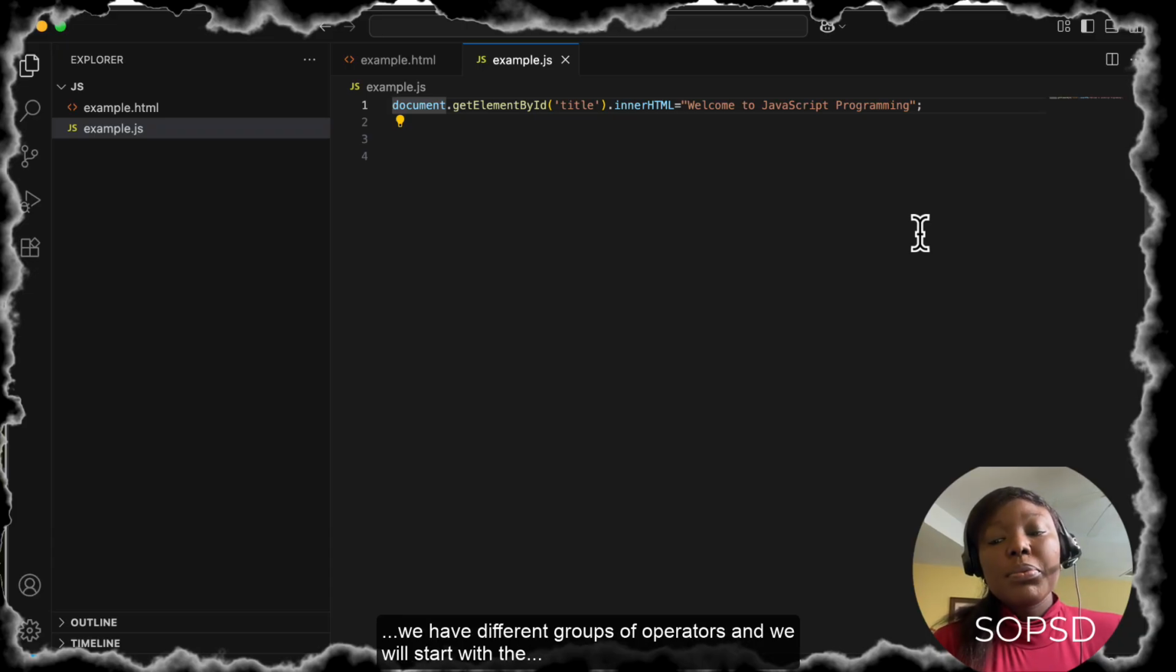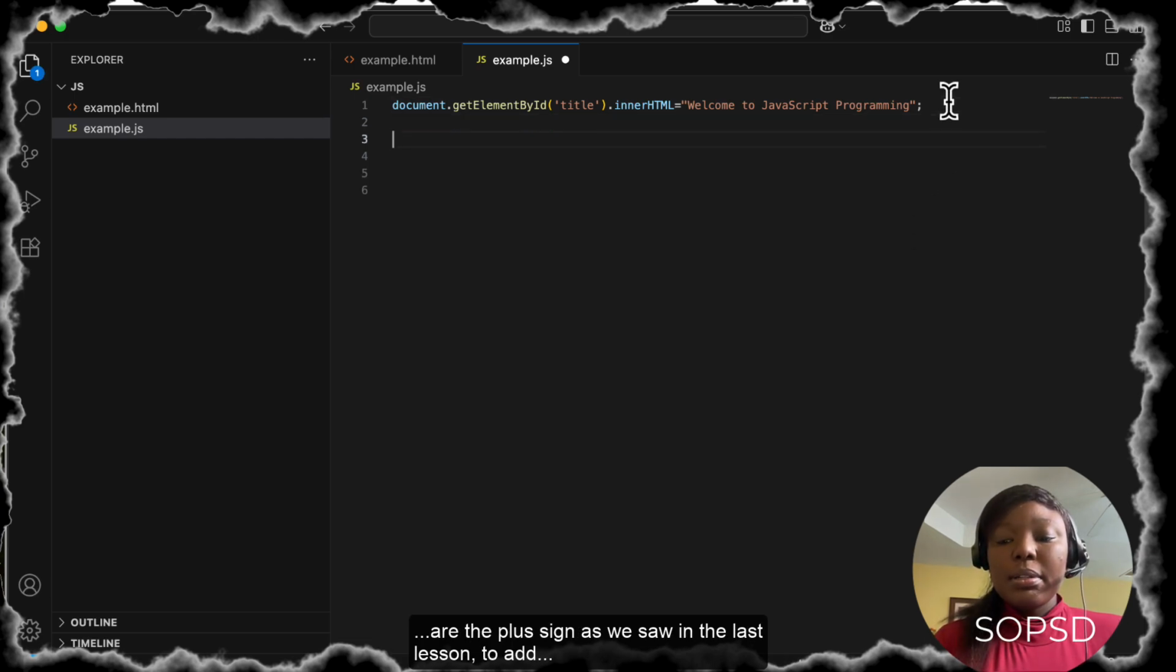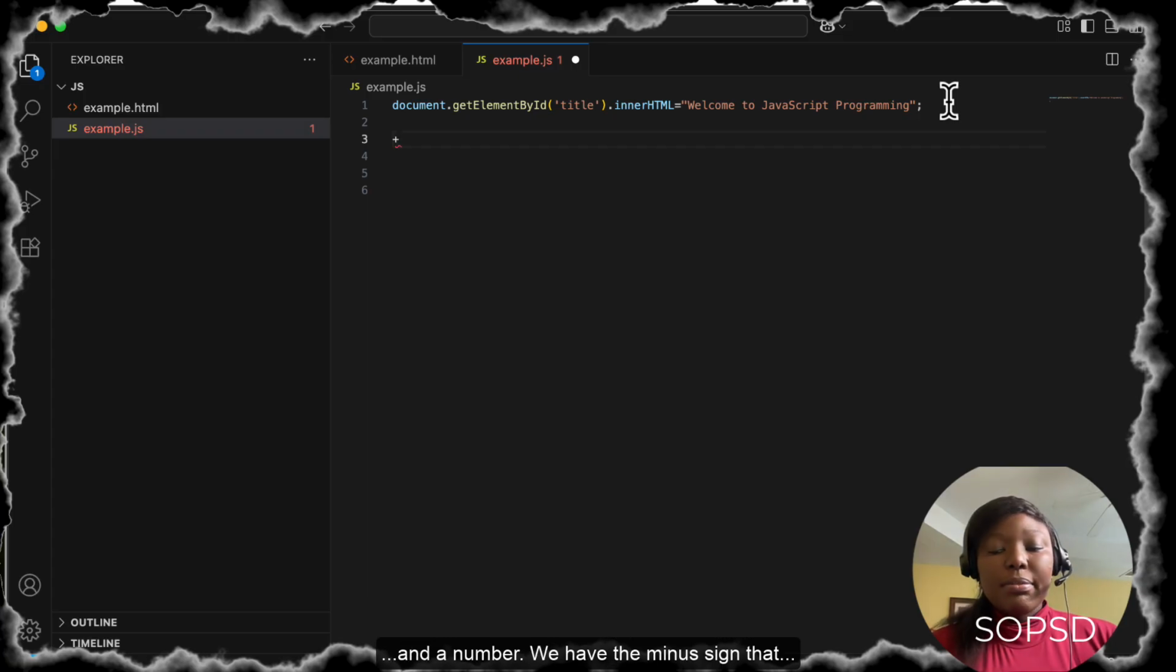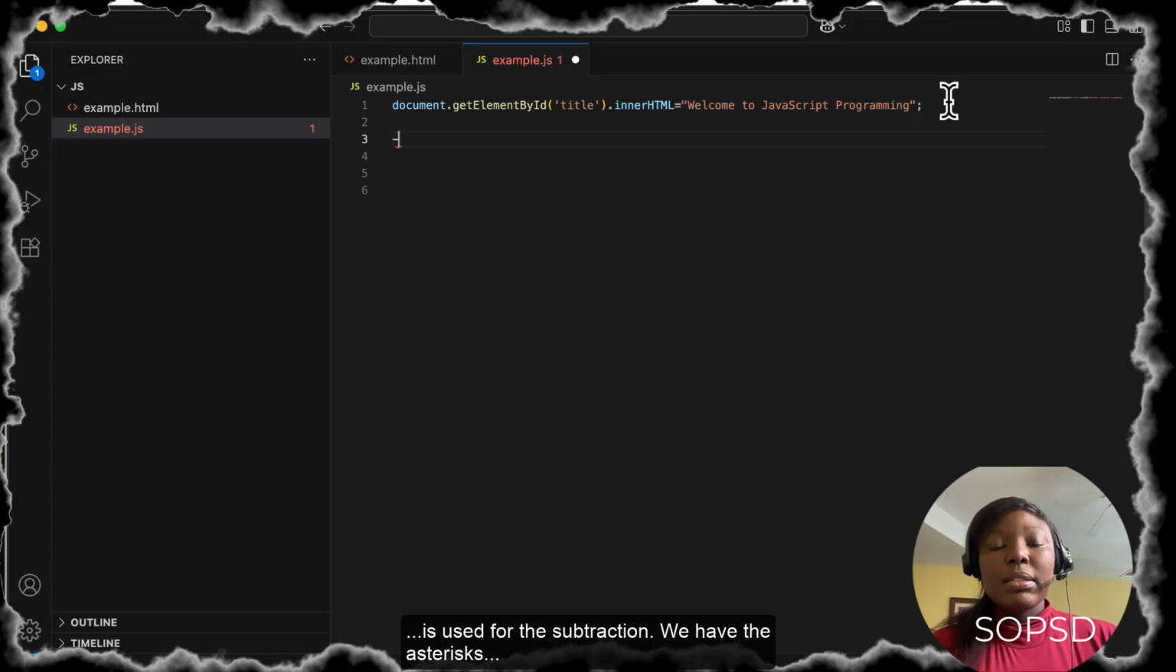We have different groups of operators, and we'll start with the arithmetic operators. Now, the arithmetic operators that we have are the plus sign, as we saw in the last lesson, to add two numbers and also to concatenate or join two strings or a string and a number. We have the minus sign, that's for subtraction. We have the asterisk sign for multiplication, double asterisk for exponentiation, when we do power, like 2 raised to the power of 3, we have the forward slash sign for division,